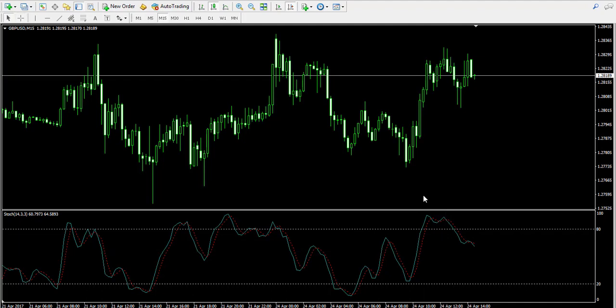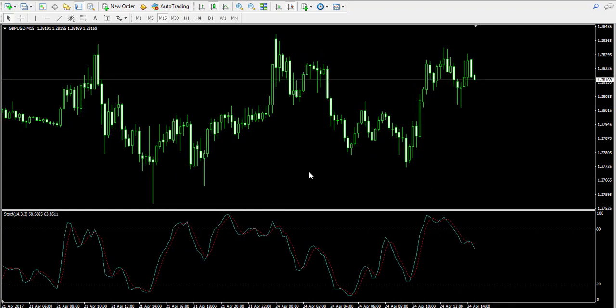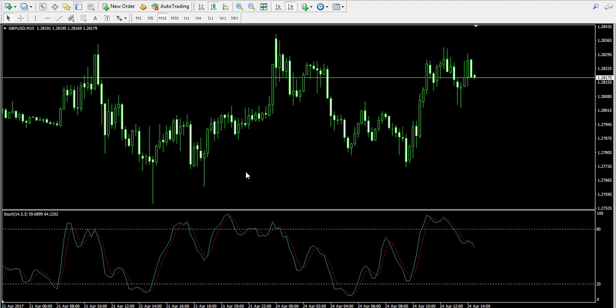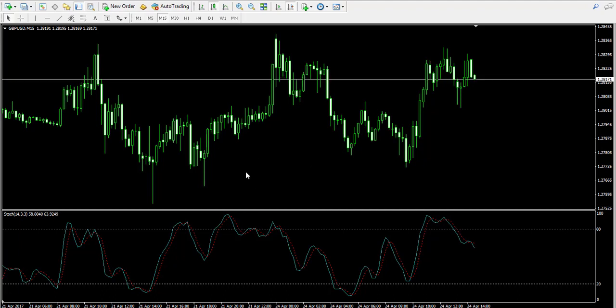Okay, so what is the lowest low? As I said, the lowest low from the formula is the lowest point from the look back periods. This means that the stochastic oscillator can be adjusted to take certain periods into consideration. The default parameter of the stochastic oscillator suggests the usage of 14 periods for